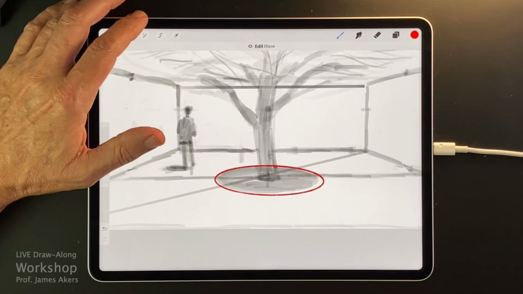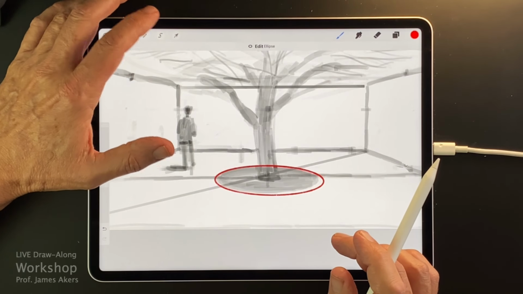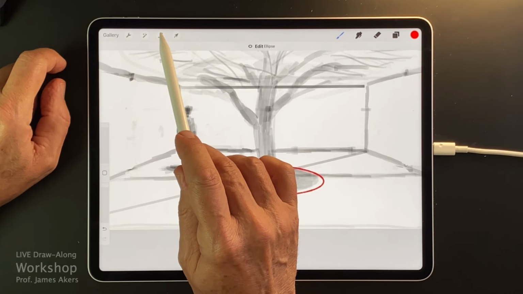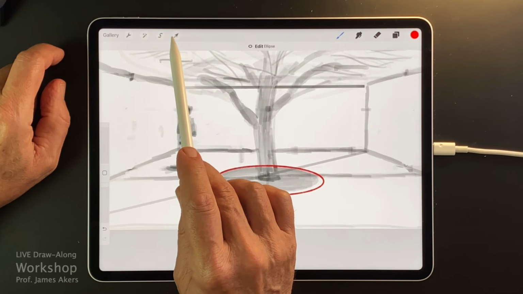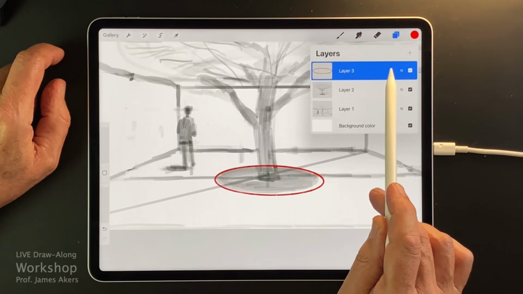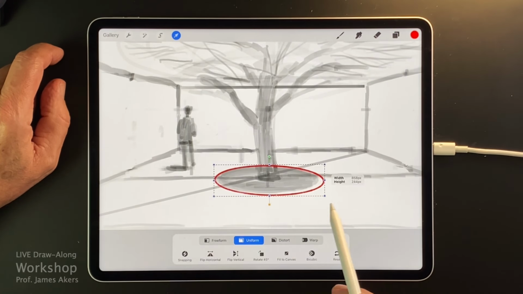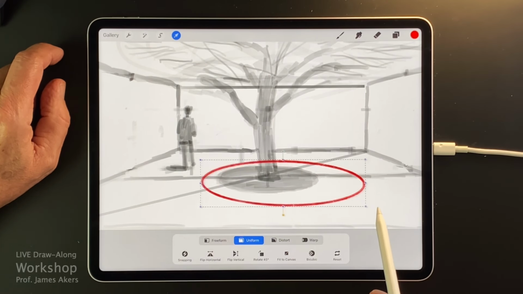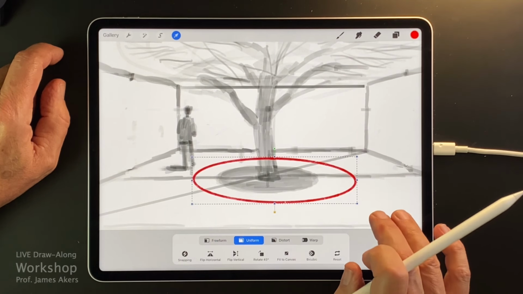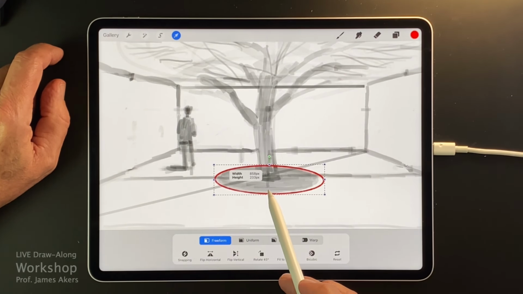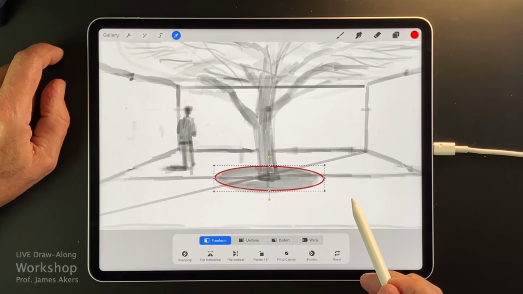But let's say it didn't look right and it was too chunky. What you could do is come in to the move and transform tool, and remember it's on its own layer for this very reason. I can come to the move and transform tool, and looky here, I've got this way to either enlarge it and move it around, or I'll go back to what it was originally, or I can do this freeform trick and squeeze it in and make it look a little more like that.